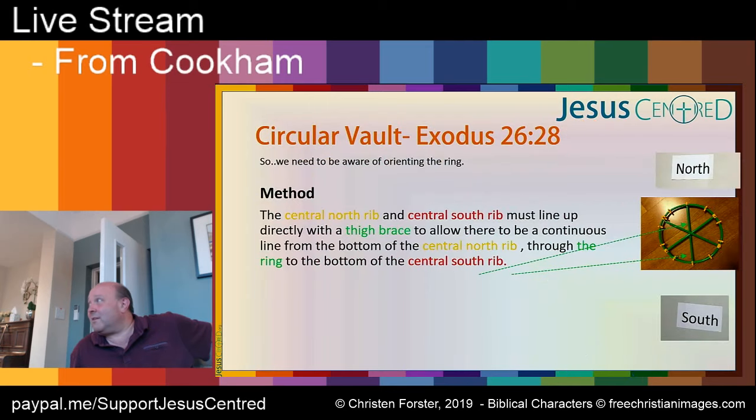Have you got 26, 27 there? Also make crossbars of acacia wood, 5 for the frames on one side of the tabernacle, 5 for those on the other side, and 5 for the frames on the west, the far end of the tabernacle. So 26 and 27 talk about 2 lots of 5 supporting beams. That's why probably when you were talking on the phone, I couldn't find it. As you read it there, I can see both the back and the west. Probably 2 separate words there, which is where he gets 10 from. So we've gone for 10, and now it's actually helping.